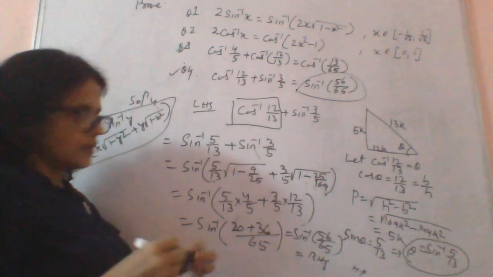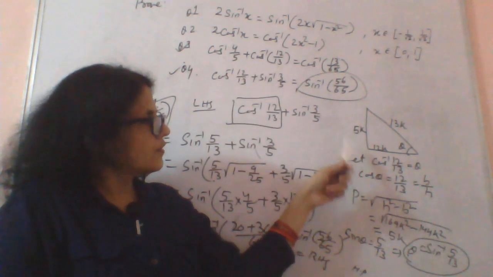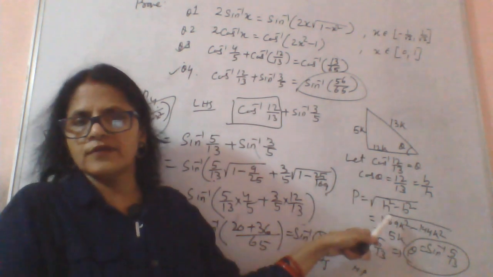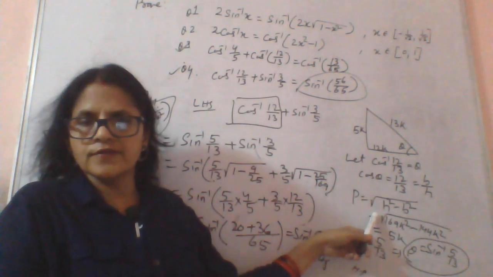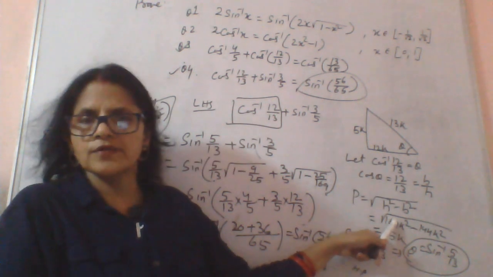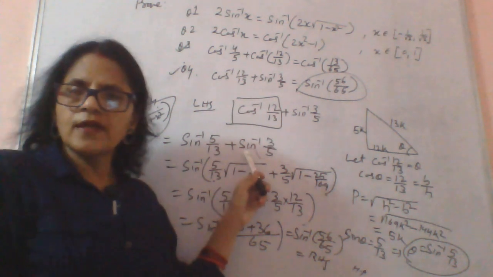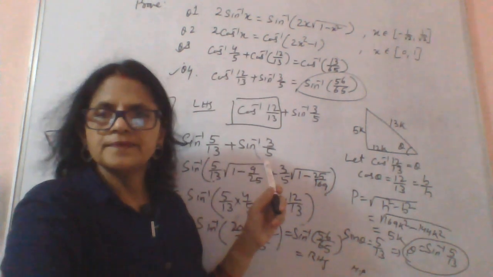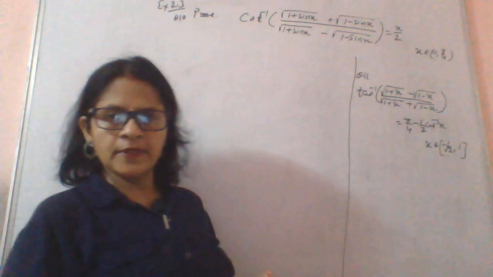So here we learned two things. One is converting one inverse trigo ratio to another inverse trigo ratio. It means converting cos inverse into sine inverse, right? And second one is how to apply the formula directly, like sine inverse x plus sine inverse y. Okay. So we can take next two questions. We have a bit of time.